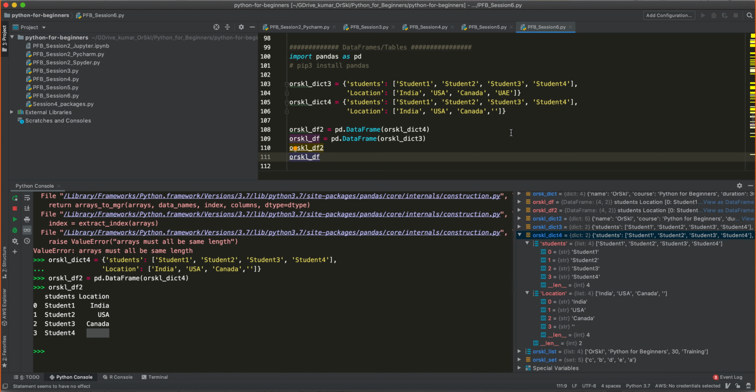Okay, so blank and null, there is a confusion for a lot of guys. I would like to take it into a different session because there are three types of null values in Python. Just for the information, one is called NaN, one is called null, one is called blank. All of these three things belong to null values only, but I'll tell you in what scenarios which one will pop up. Okay, cool.